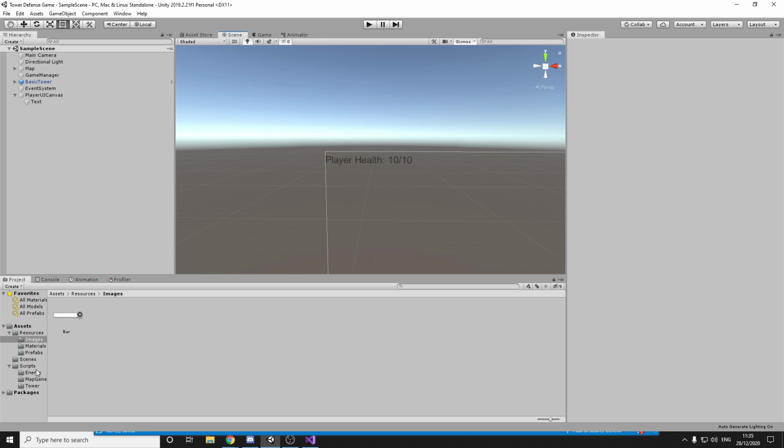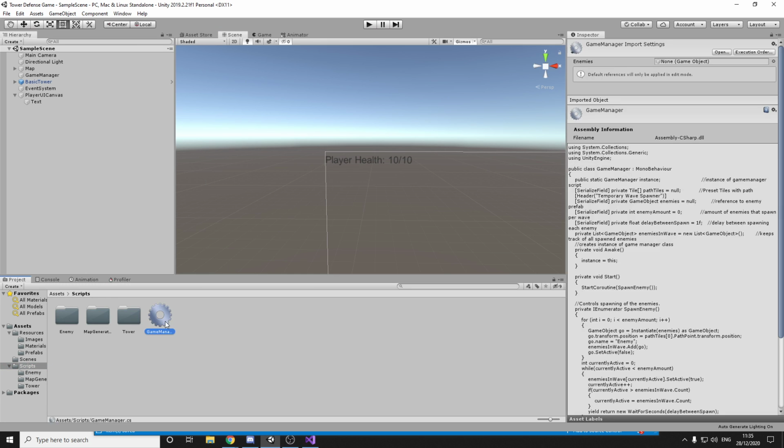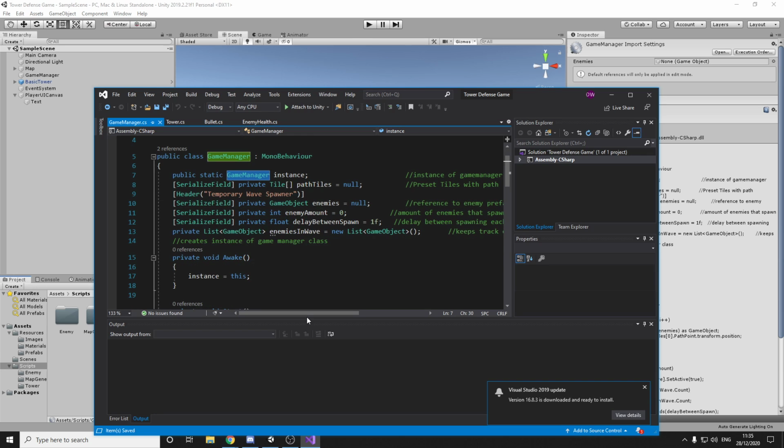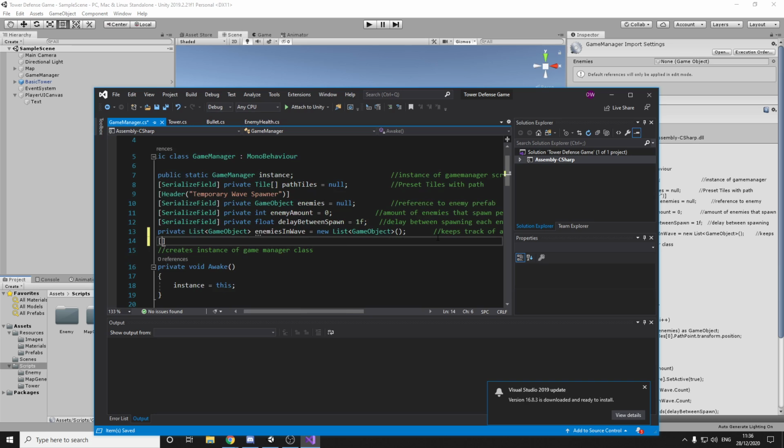So now we need to make a new script, and we'll just put it in. Actually, let's add it to our game manager, because our game manager will take care of whenever we're losing or winning a game, and there's already a static reference to this. So in here, I'm just going to make a new header, and we're going to call it player, and we'll do int player health,